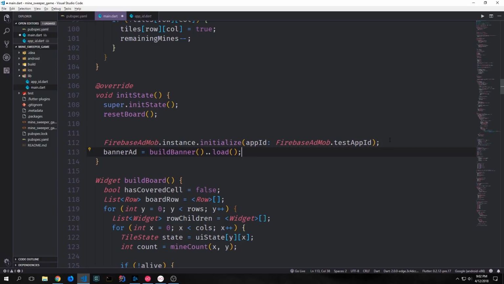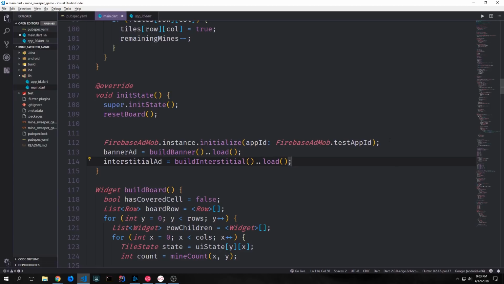So what we can do is take the variables that we created at the top of this class, and in our initState function, we can call our buildBanner and buildInterstitial functions to put those widgets inside of our variables, and then we can call the load method on the result of that. This will load the banner in the background so that when we call the show method, the banner will be ready to be shown to the user. We can do the same for the interstitial ad. So we just say interstitial ad, build interstitial ad, and then we call the load method on it